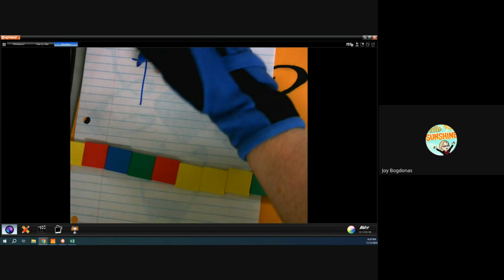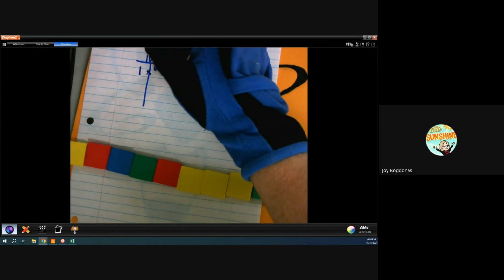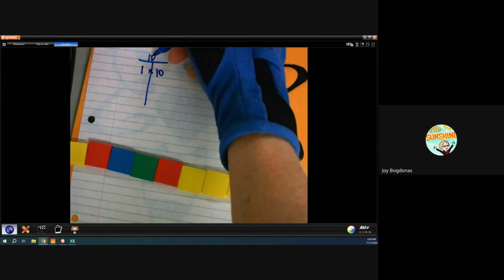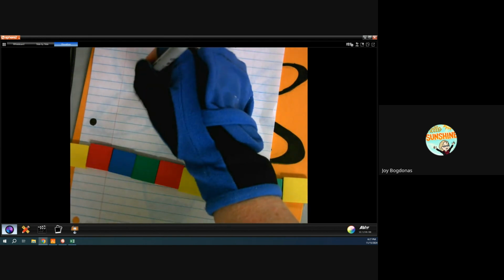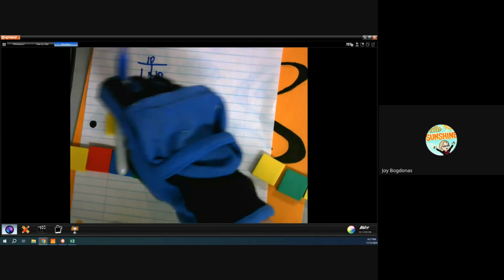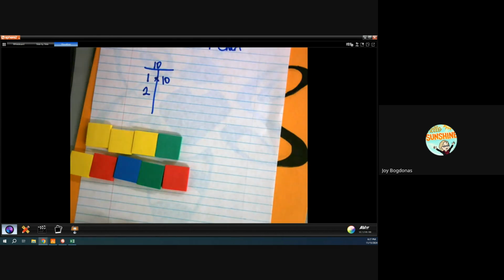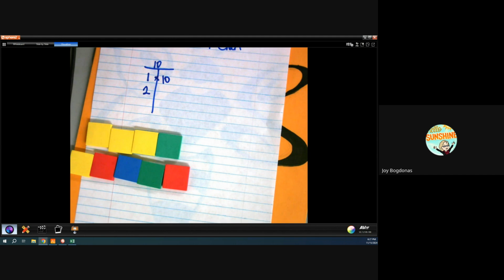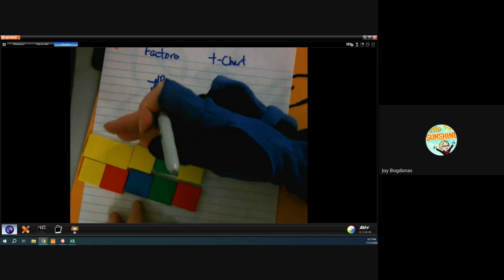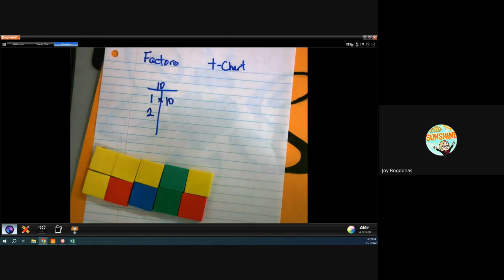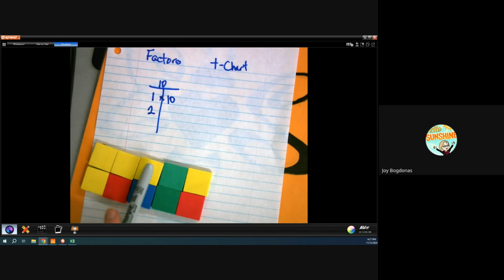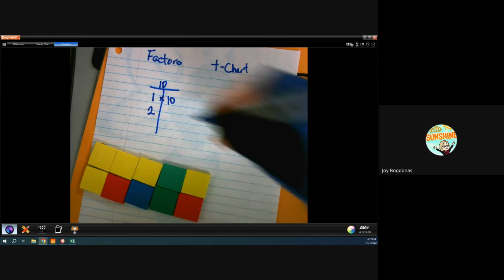Therefore, the first factor is always 1 times 10. It's always 1 times that number. Then we look at possibly having a 2 as a factor. So can you make it another row and every row has to have the same amount without anything left over. Otherwise, it doesn't go into a bigger number evenly. Factors must go into the bigger number evenly. So I have 2 rows and 1, 2, 3, 4, 5 things in each row, which is the